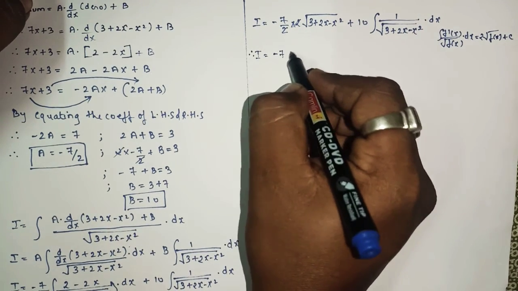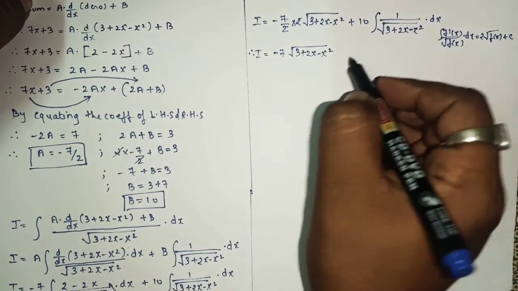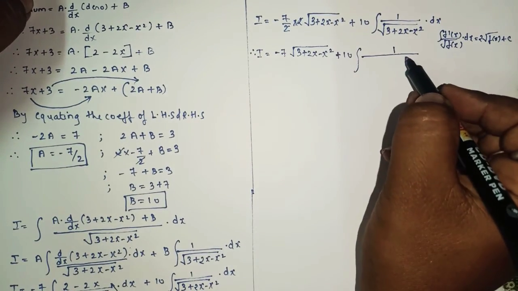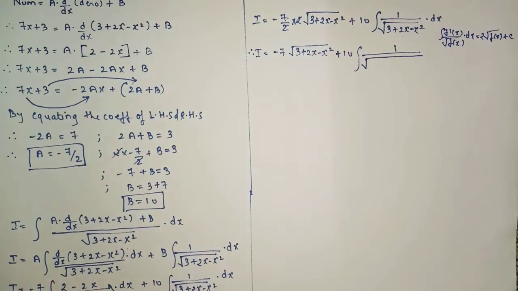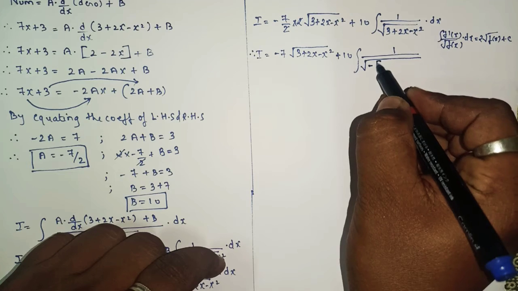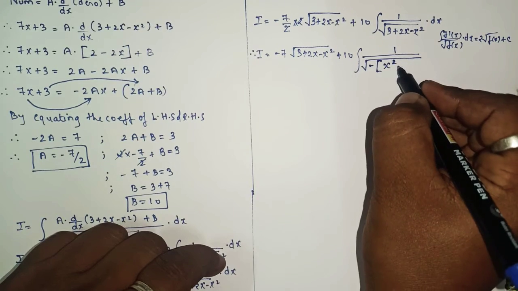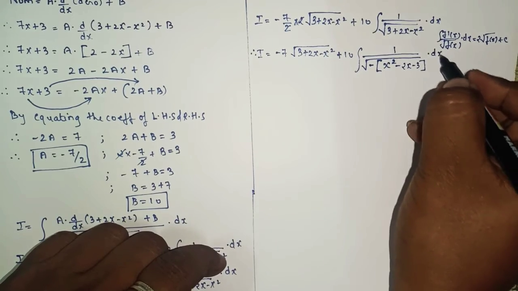so we are left with minus 7 root 3 plus 2x minus x square plus 10. As here we know that the symbol of x square is negative and the coefficient is 1, but the rule says that we have to make the symbol positive and the coefficient should be 1. So this step can I write like this? We can bring the minus outside the bracket and we can rearrange the equation like x square minus 2x minus 3. Yes or no?